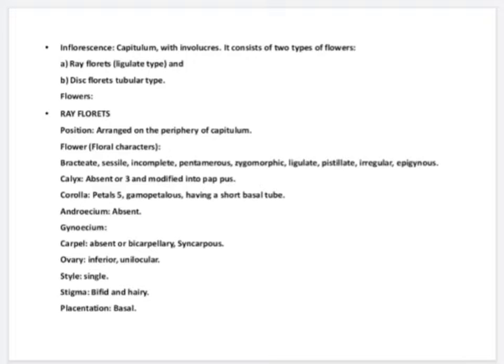Corolla consists of 5 petals, gamopetalous condition and tubular, and valvate estivation of corolla. 5 stamens are present in androecium, syngenesious condition and epipetalous. Anthers are dithecous, bilobed, basifixed and introrse. Bicarpellary condition in gynoecium, syncarpous. Both carpels are fused, inferior ovary and unilocular, long style with bifid stigma and basal placentation.